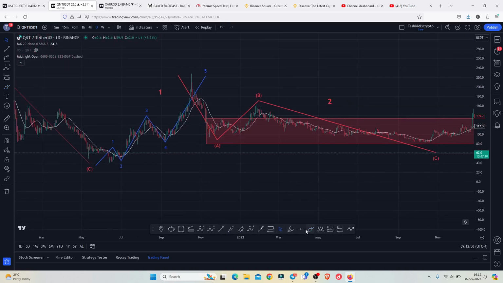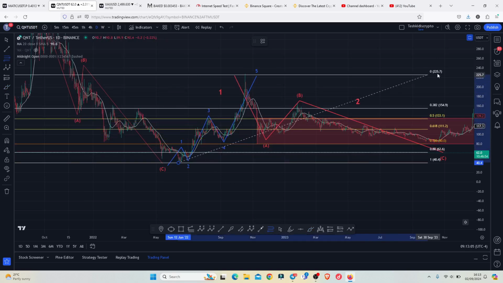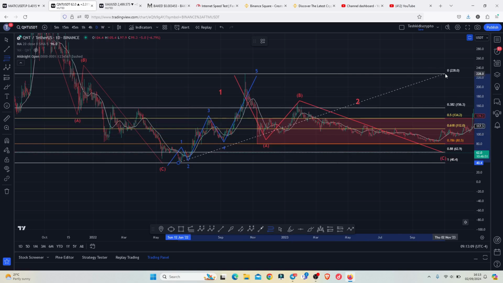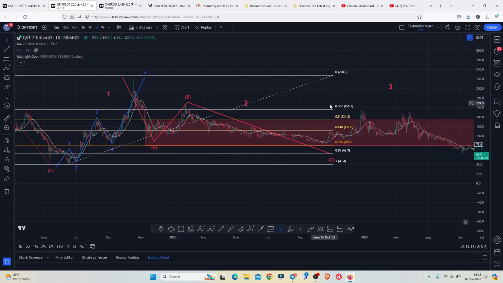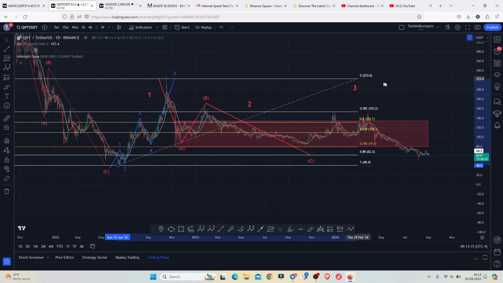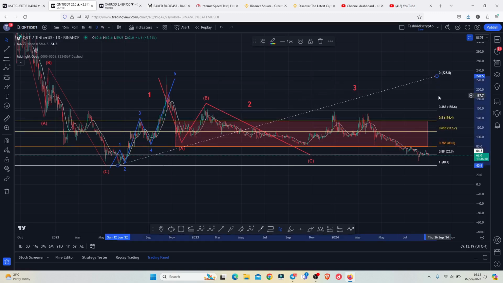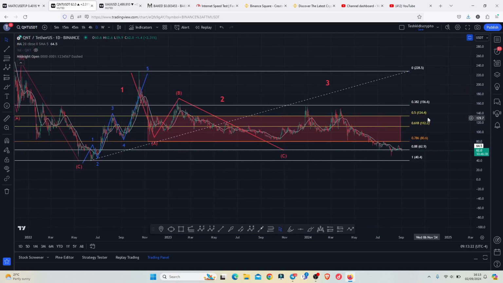structure in the formation of a larger Elliott wave count 2, whose minimum target areas I have highlighted on the charts using this red target area, an area that I came up with using the Fibonaccis, connecting the fibs from the bear market lows to the high above the $229, giving me a minimum pullback target area for the second wave between the fib level 0.5 and the fib level 0.78, and that target area lies between the $134.4 and